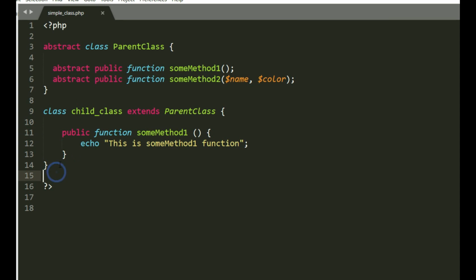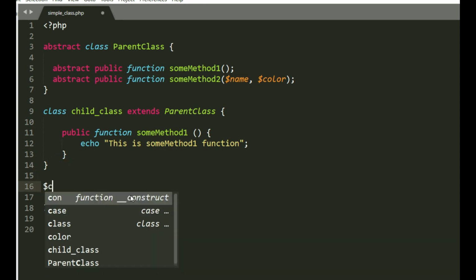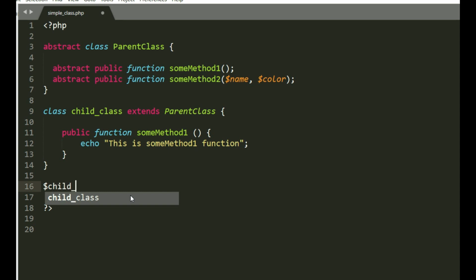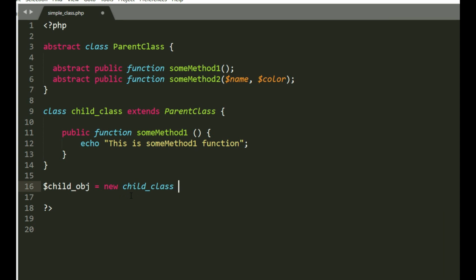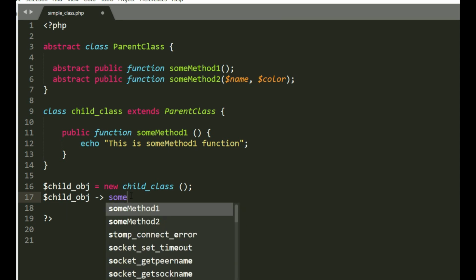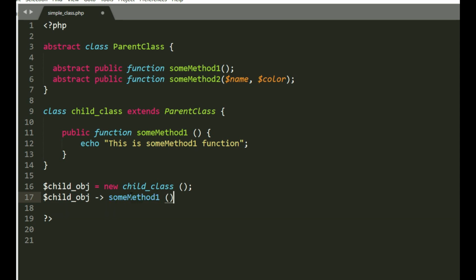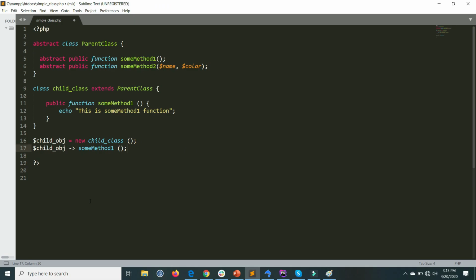Okay, so outside the class body I create the object. The object name is child_object, for example, with the new keyword and the class name, that is Child class. So here the object of the child class is created. Now through that object, child object, we can call the method some method one. Okay, so if I save the file